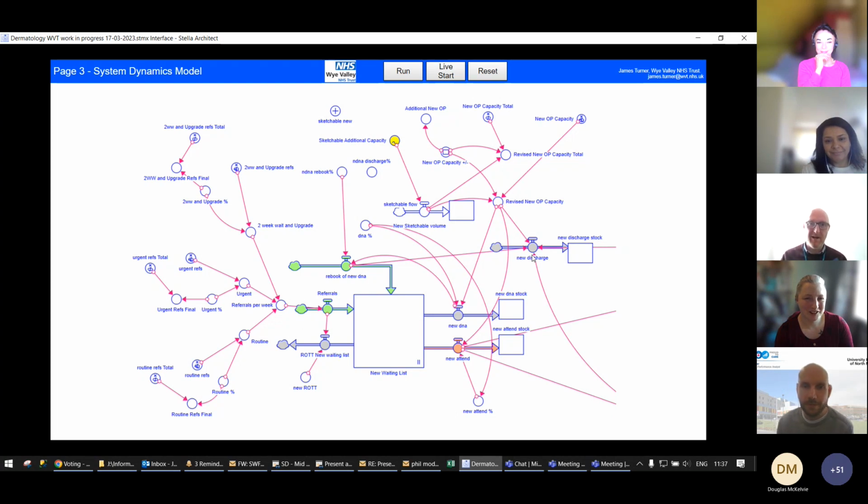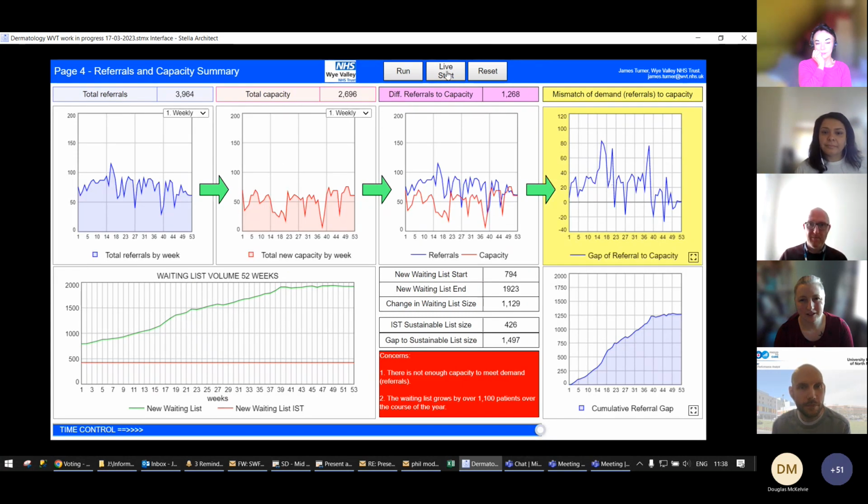But effectively, on the left-hand side, we have referrals, which lead into our waiting list, which you saw on the previous diagram. And then your outputs: you become an attendance, DNA, you get discharged, you could get rebooked, all of these different options. I appreciate that's great, but it doesn't really give us anything to look at right now. Okay, so what I wanted to do with the organisation is understand how our referrals work compared to our capacity.